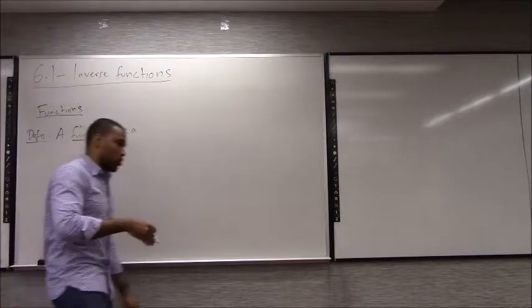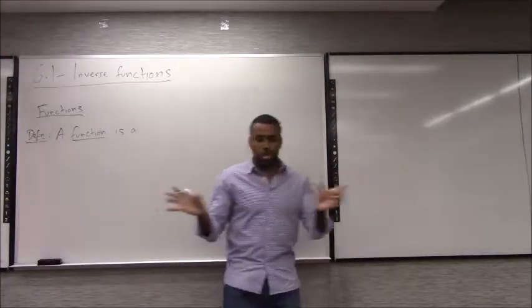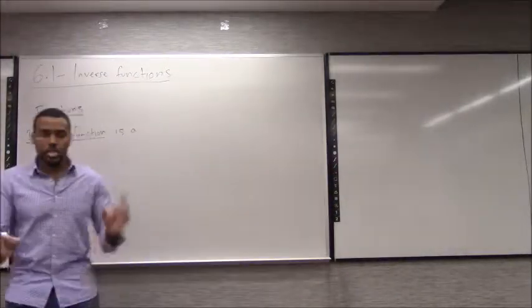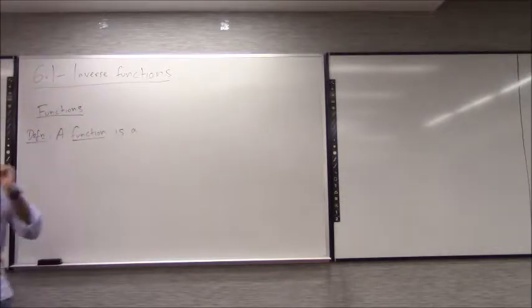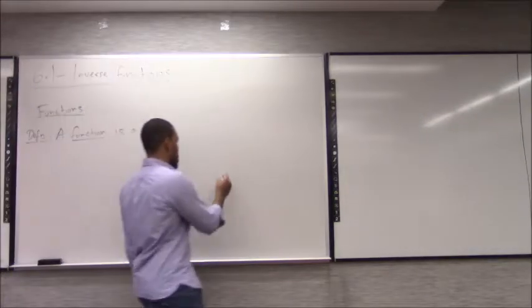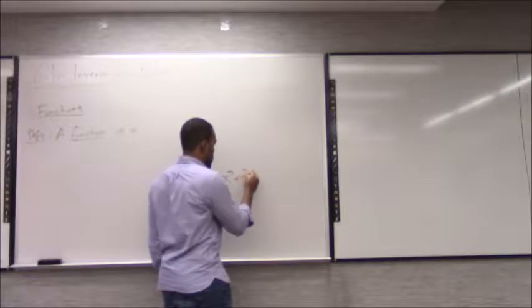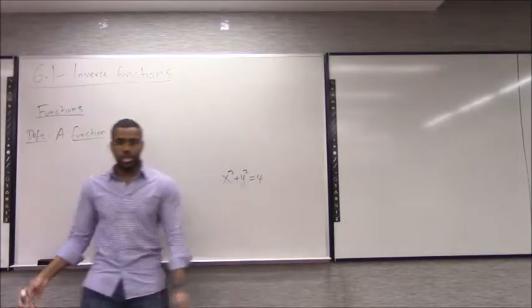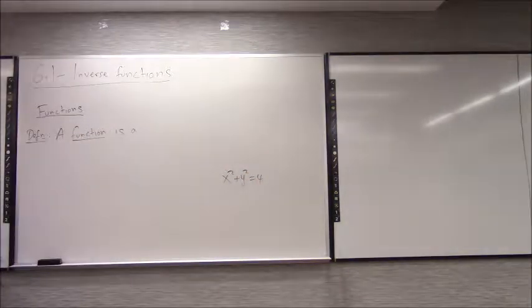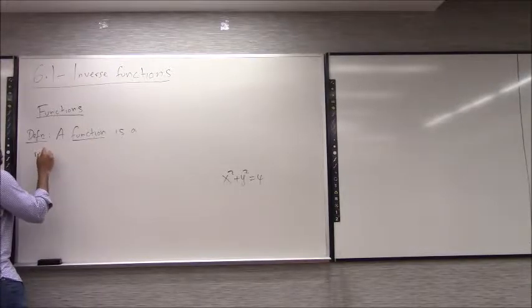So yes, it is a rule or a formula that connects two sets, but it connects them in such a way that each input has only one output. There are formulas that are not functions, like x squared plus y squared equals 4. That's a circle, it doesn't pass the vertical line test. Okay, so a function is a rule that